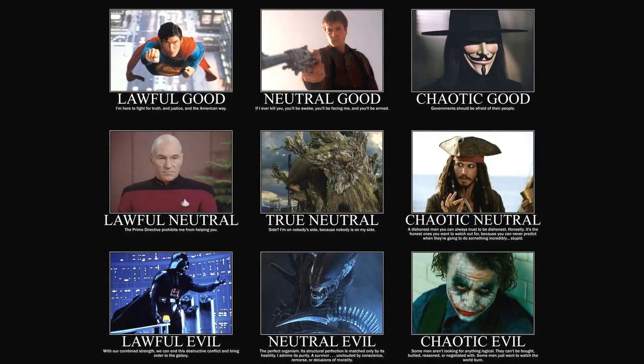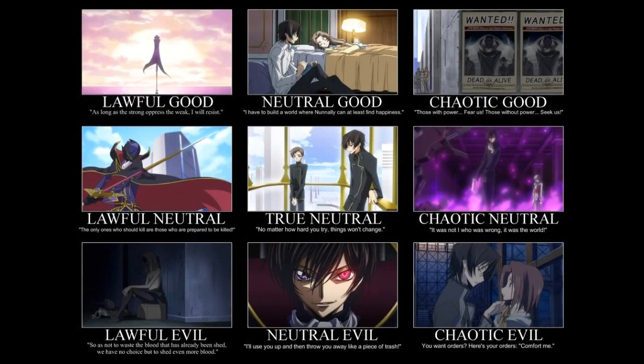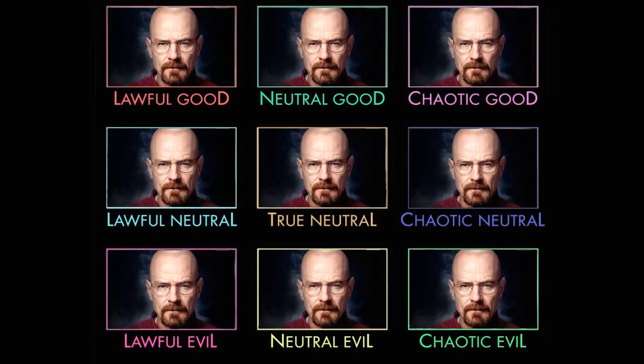While most people believe the alignments to be represented rigidly, like, say, this, it is much closer to, say, this. Or, if you prefer, this. As we can see in the latter charts, a single character can represent any of the 9 different alignments, depending upon their behaviors in that given period of time. With this in mind, for the players out there, beyond your initial choice in your character's starting point, don't concern yourselves with alignment. Simply role-play your